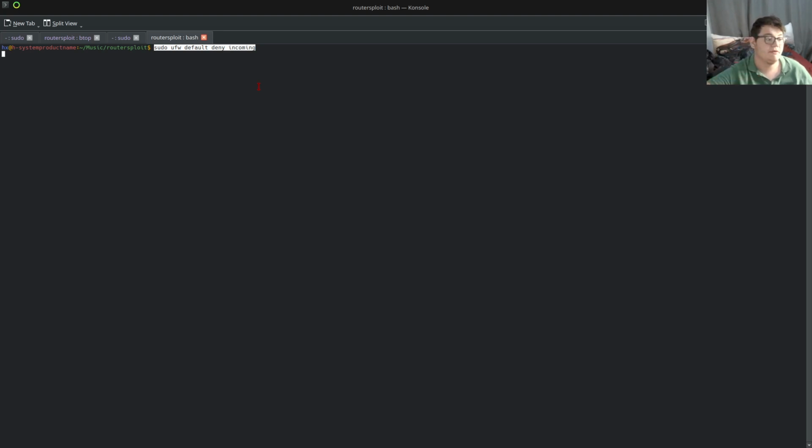Deny all incoming. You can also change it to deny all outgoing, which means you won't be able to touch the internet, but the internet will be able to access you. Your computer won't touch it. Outgoing, not incoming. So you can choose incoming or outgoing, and the default is all traffic by default. Right, you can do this, but then also you can allow certain things.